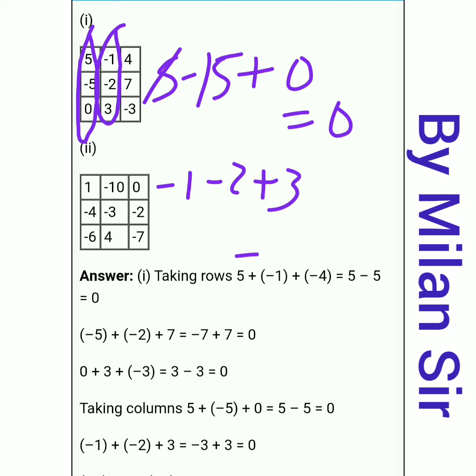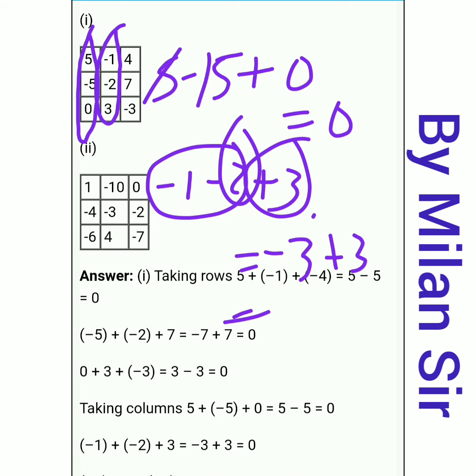Okay, now here minus minus plus, 2 plus 1 is 3. Big number 2 has a negative sign, so negative. Then this plus 3 remains as it is, plus 3 minus 3 is 0. Okay, this is the answer of the second column.